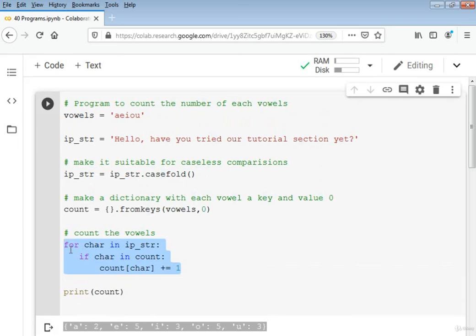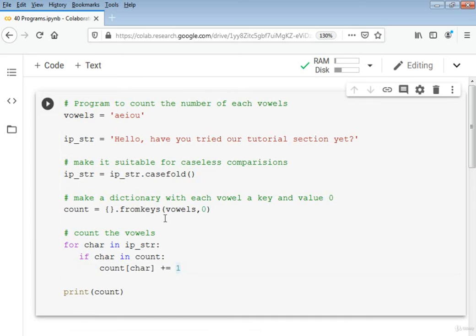AEIOU are keys, and each has a certain value that comes after counting with the help of this for loop. So I hope that you understand well with this example, and don't forget to practice this program.